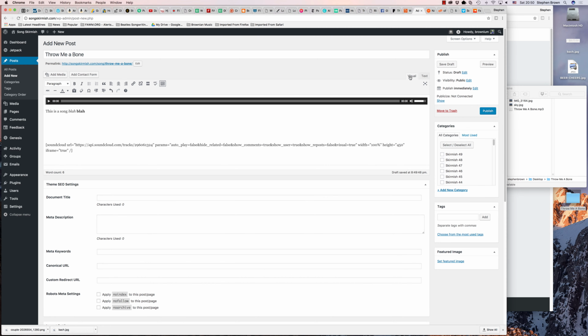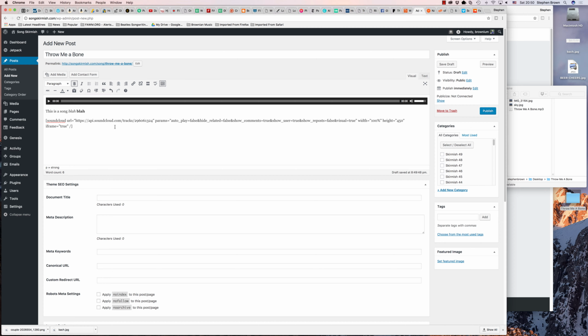So I go back to visual over here, and this content now will work a little bit better in this space. In most cases you can do things either way, and in fact, it looks like in this case I could have done this either place. But there are plenty of cases where if you want to paste in actual code, you're going to want to do that from the text location. Everything else you're going to want to do from the visual location